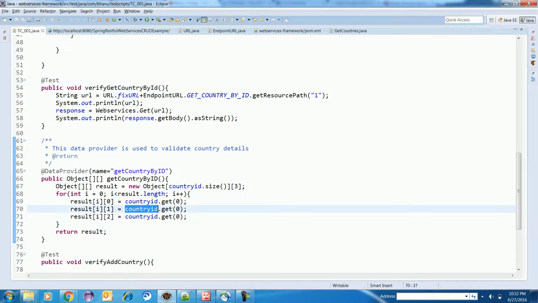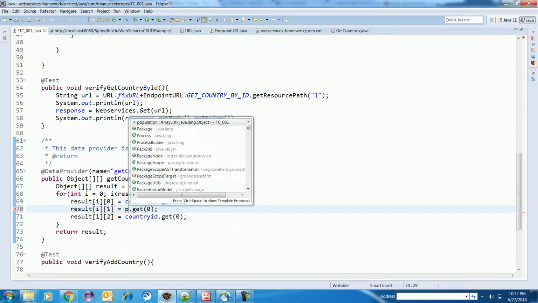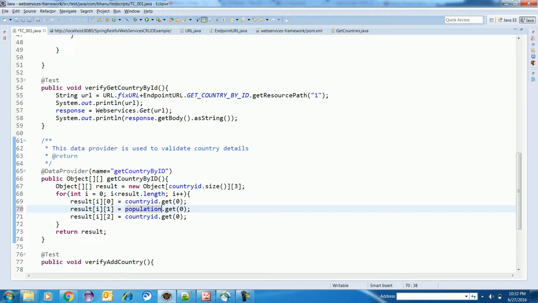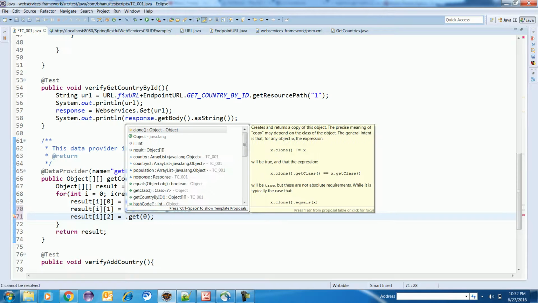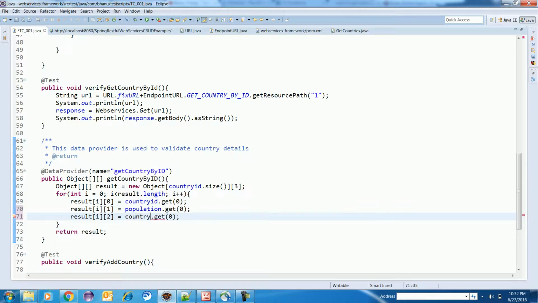And here instead of country ID I can write population.get, so I'll have everything at runtime, and then here country name, here I can do just country. What I am trying to do here is, for this country ID I have population also, I have country, so I know that for this ID the country name should be this and population should be this.